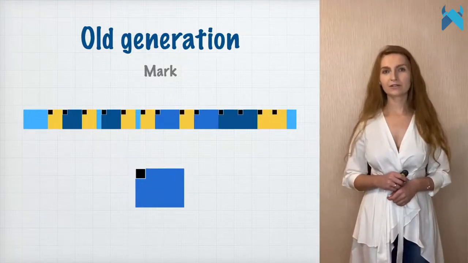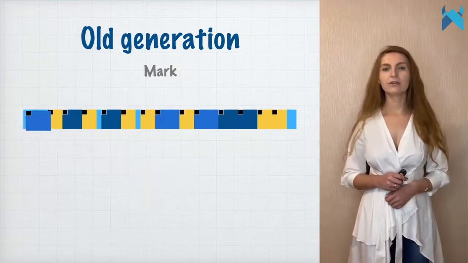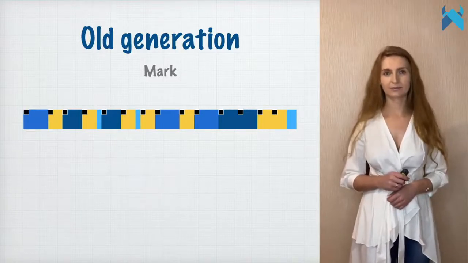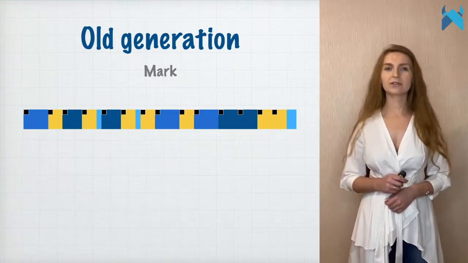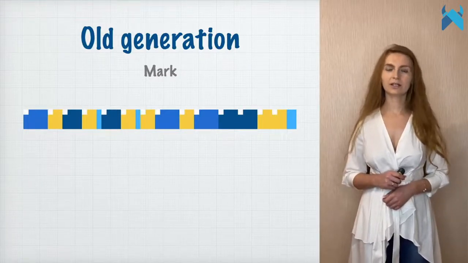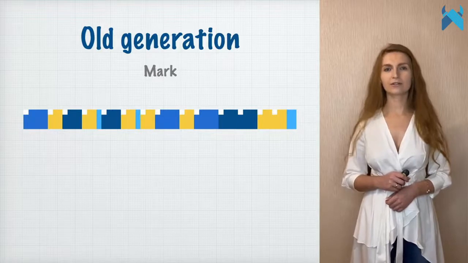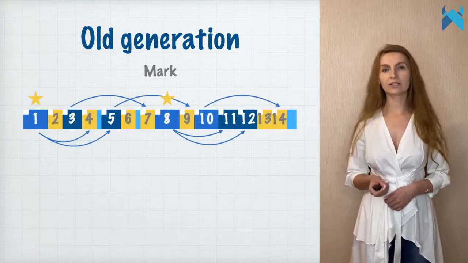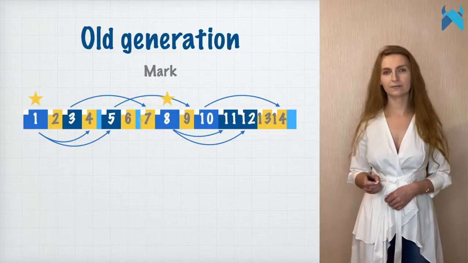All heap objects have a single word header, which encodes the object's class, size, and some status flags. It also contains a bit called the mark bit. At the start of a collection cycle, all objects have their bit cleared. We are now again looking at the 3-color marking algorithm.